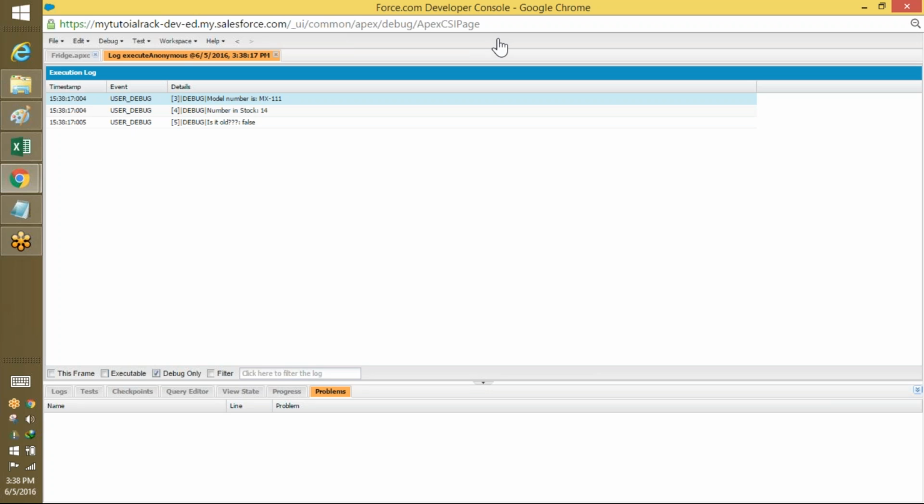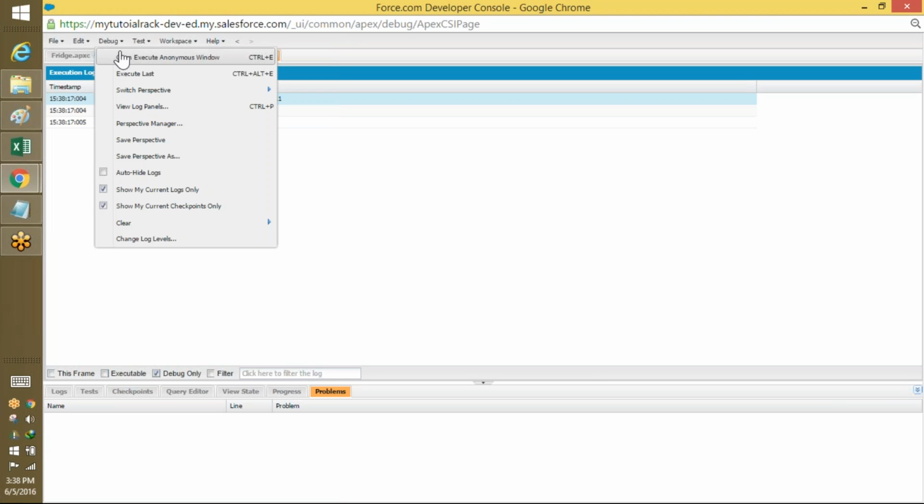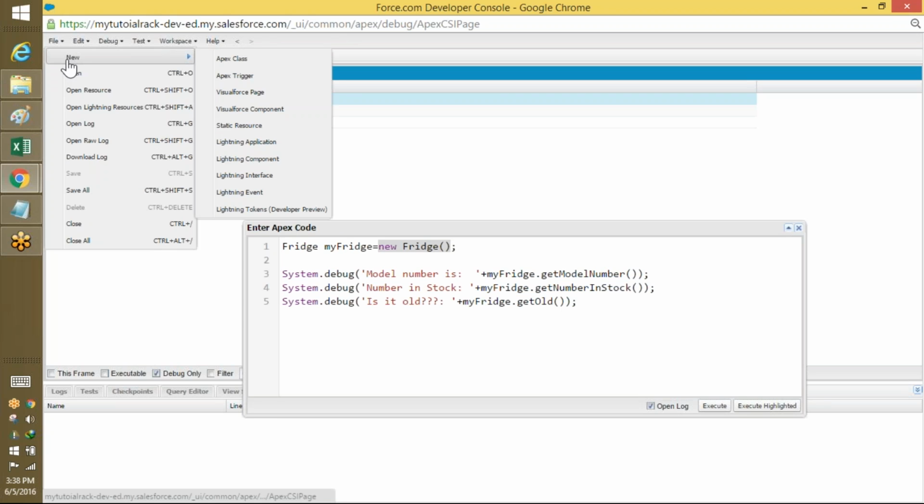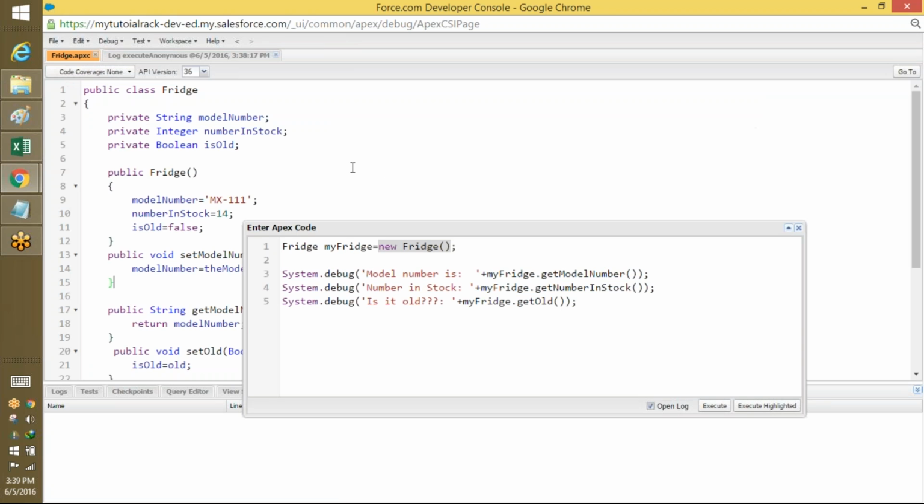So that is called creating a constructor. Now you can have n number of constructors. Let's say if I go back here and go to my class, and let's say